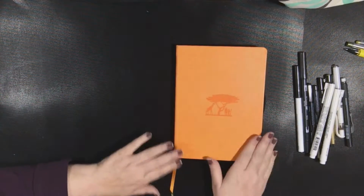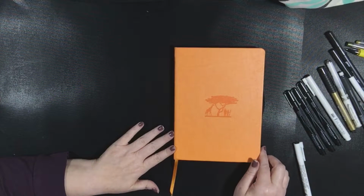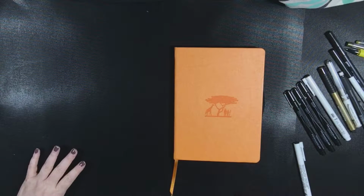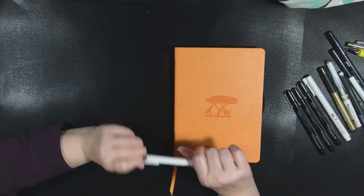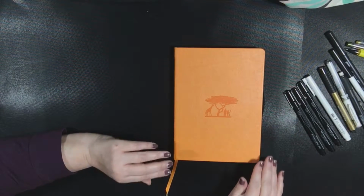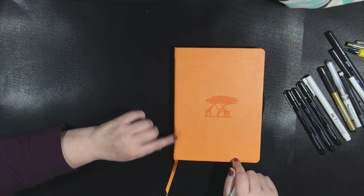So, with that said, let's dive into the plan with me. Okay guys, so I've got my pens all kind of laid out over here. I will probably only be using the blacks to set up. This is just going to be a setup journal. I do have a couple of pages that require some colors, but I don't know what kind of colors I'm going to do for my